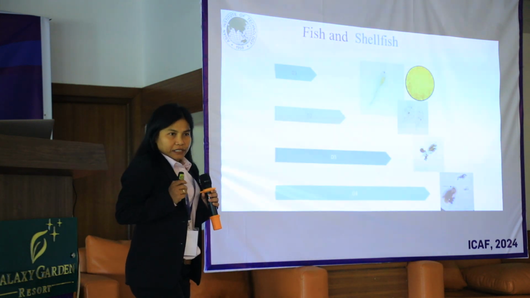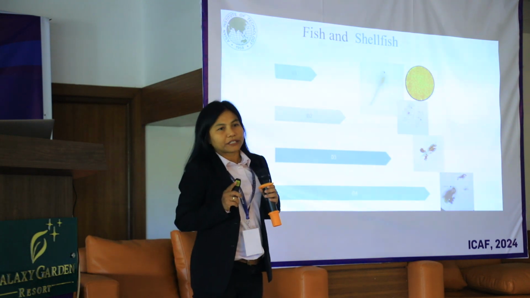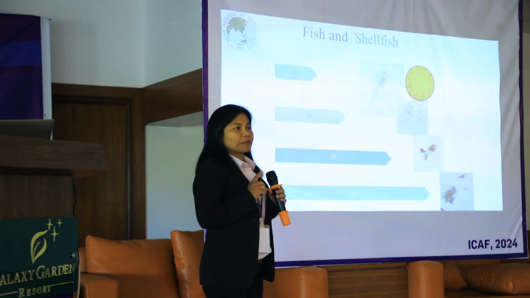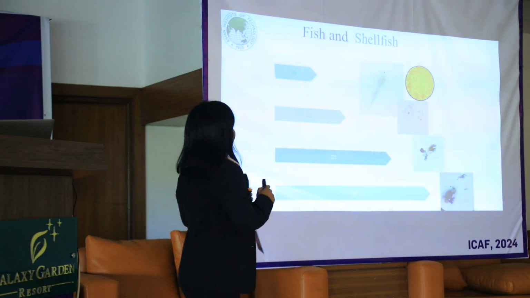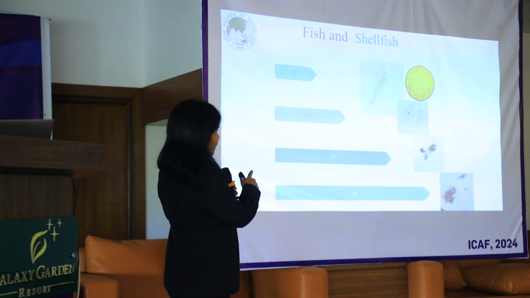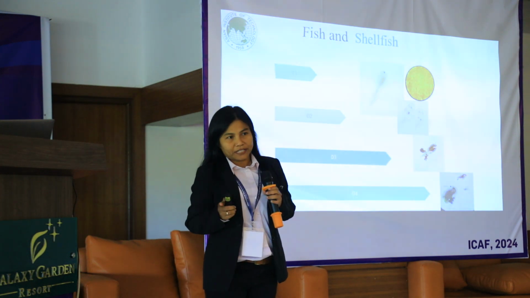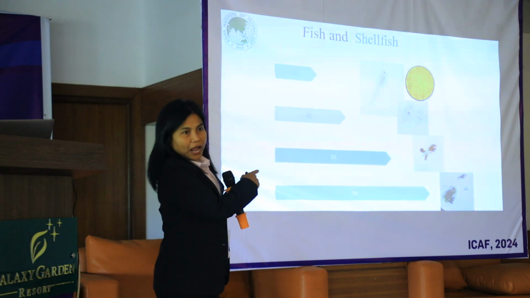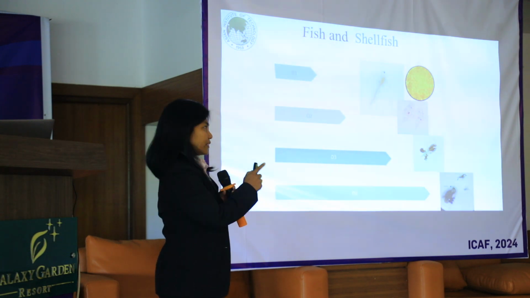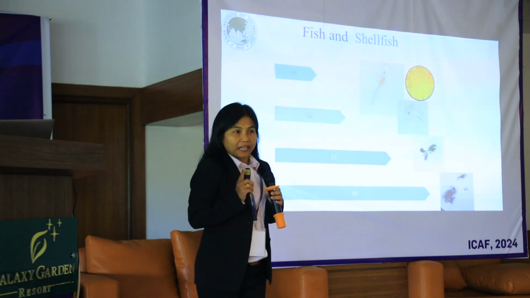In fish and shellfish culture, we know Argentina is number one in the world, especially in shrimp culture. And in many countries there is freshwater culture. And in Thailand, our Department of Fisheries has been involved in both freshwater and saltwater. And the last one is moina, which is popular in catfish farms.